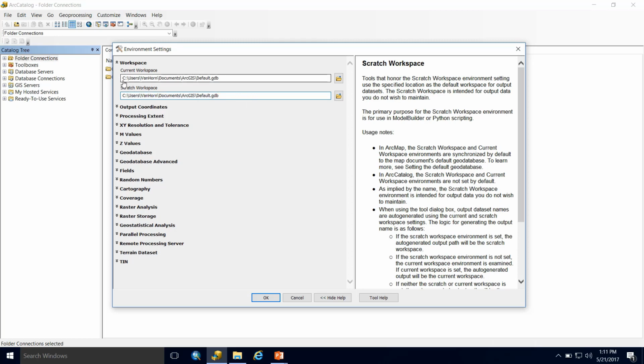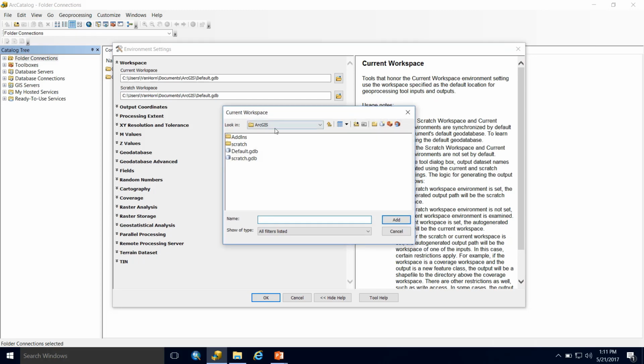So mine is set to C drive, Users, My User Profile, Documents, ArcGIS, and Default Geodatabase. There's a good chance that yours is set to this similar location as well, obviously with your personal user profile name. ArcGIS tends to make this the default. However, if it's not, you would just simply click on this folder and navigate to this location.